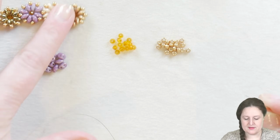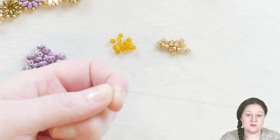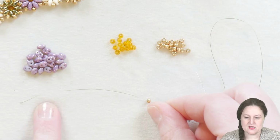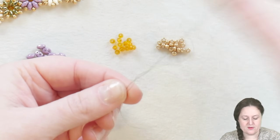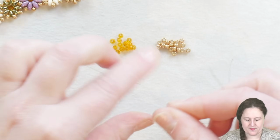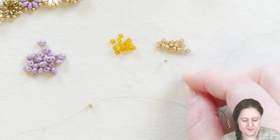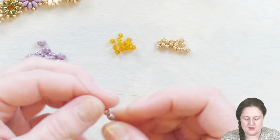I'm going to begin by picking up one of my 8-ohs, and I'm going to use this as my stop bead. So just let that 8-oh fall most of the way down your thread. Leave yourself just a short tail, and then go back through your 8-oh with your needle, and you've got your stop bead here. We're then going to pick up a SuperDuo and another 8-oh, a SuperDuo and another 8-oh, and